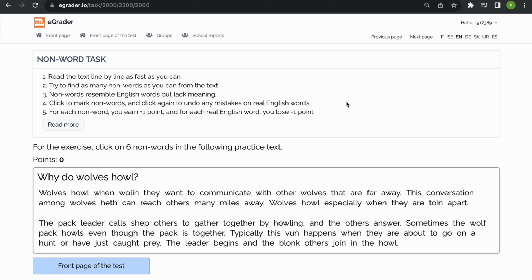In the non-word task, the text is read line by line as quickly as possible. The task is to find as many non-words as possible within a predetermined time limit. Non-words follow the phonotactic rules of the English language, meaning that they resemble English words but do not have any meaning. In the actual task, students read the text silently, but I will read the practice task aloud in this